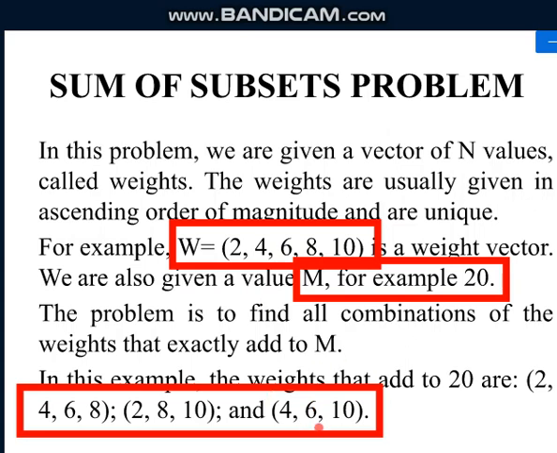Same way, if you look at the third set, you have not considered 2 and 8. So it will be 0, 1, 1, 0 and 1. That means you have not considered 2 and 8. So that is what 1 and 0 indicates. In your solution set, the elements you are including will have the value 1, and the remaining, which are not included in your solution set, will be considered as 0.